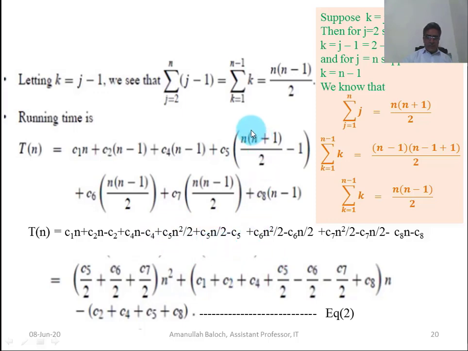And here you may see n into n square and n into 1, n square plus n divided by 2, and we separate, we will write 2 as a denominator with each fraction, n square divided by 2 and n divided by 2. c5 will multiply n square divided by 2 plus n divided by 2, and c5 will multiply with this one. Then it will become c5 n square divided by 2, c5 n divided by 2, minus c5. And similarly